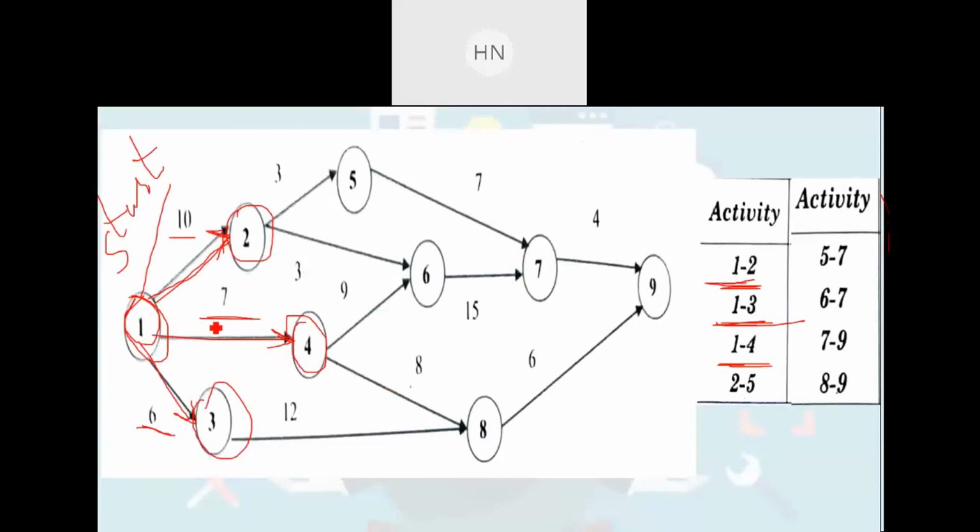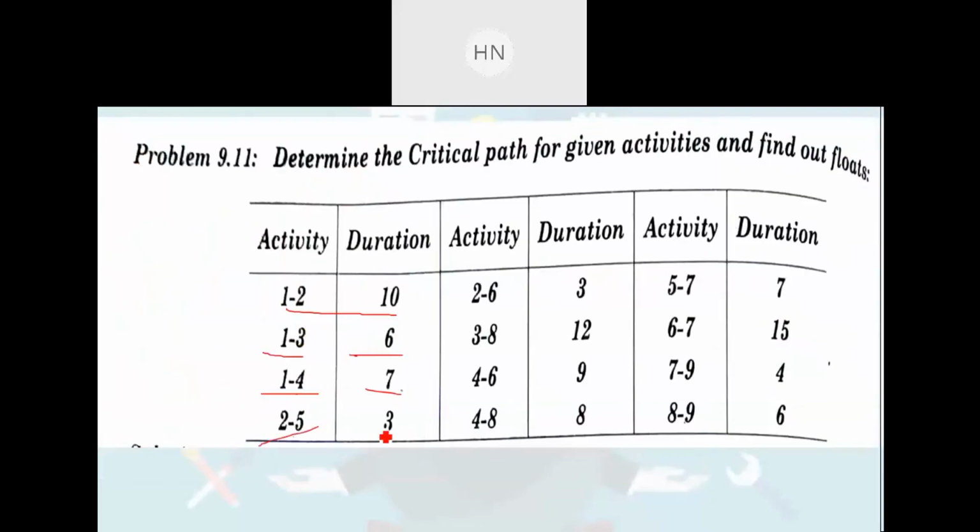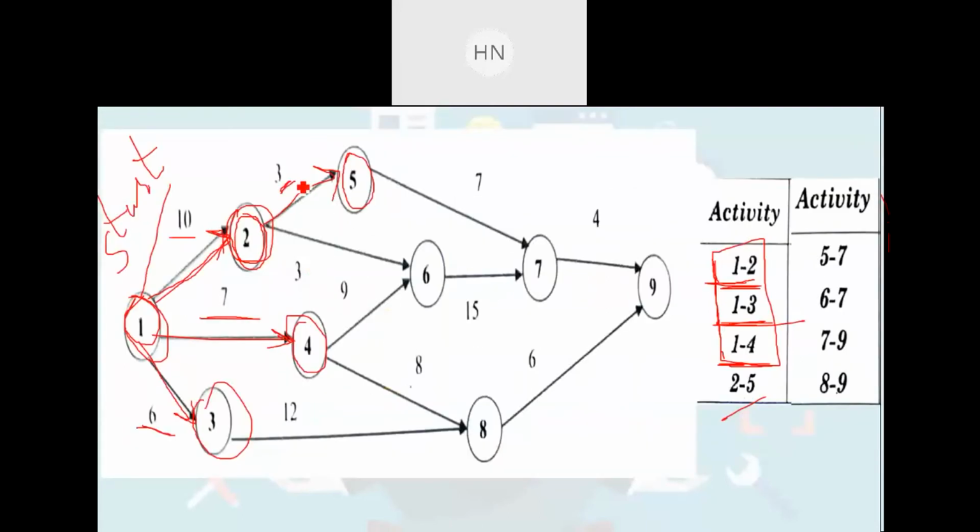So as you can see on the slide, there are three activities, that is 1 to 4, 1 to 2 and 1 to 3, coming out from the same node, that is node number 1, right? After that if you move forward, that is activity 2 to 5. So first of all you need to look for node number 2. Here it is node number 2, and 2 to 5 you can denote like this. This is the 2 to 5 activity, and the duration is given as 3 days. So here you can write down 3, right?